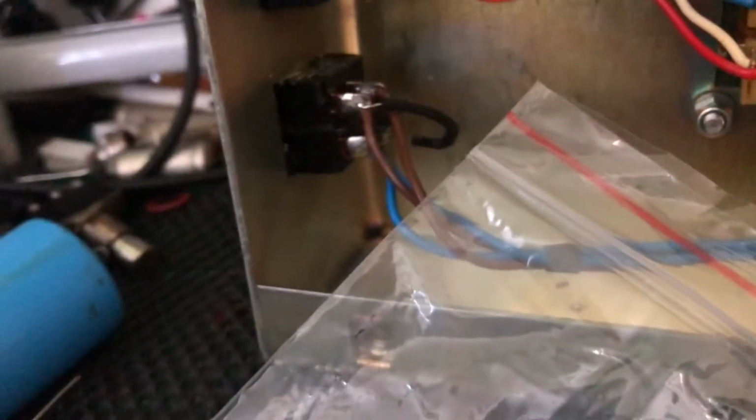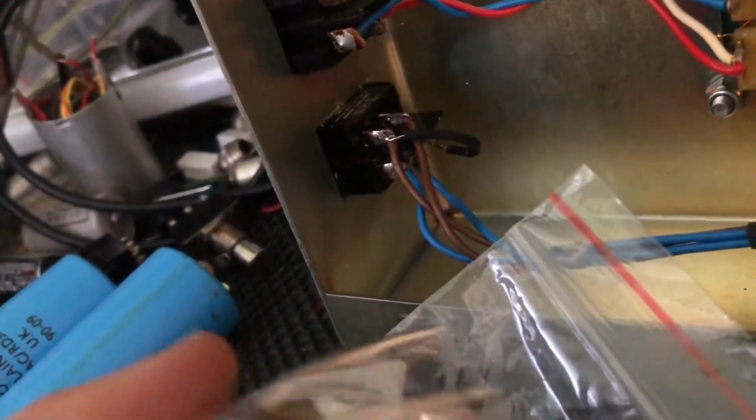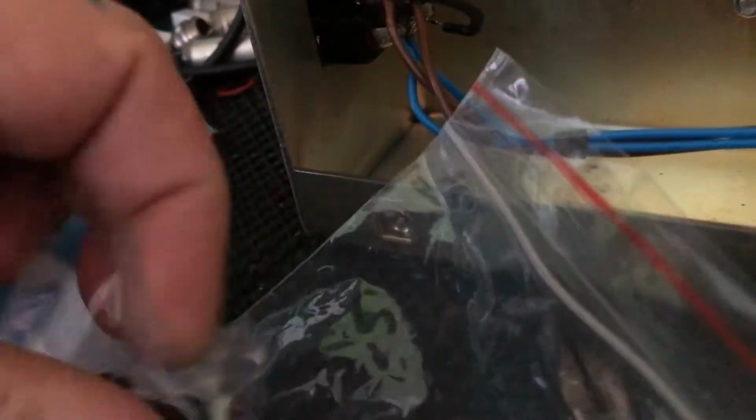Wait a second. Oops. Now I did look at the switch online. It did have 3 pins on each side. You can see there's only, let's get it out of the packet. Uh-oh. And I'm pretty sure